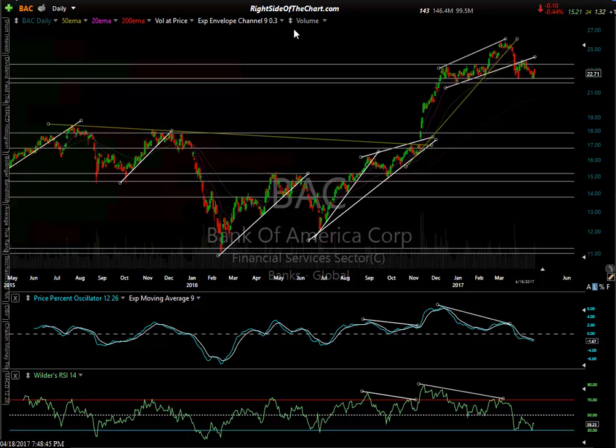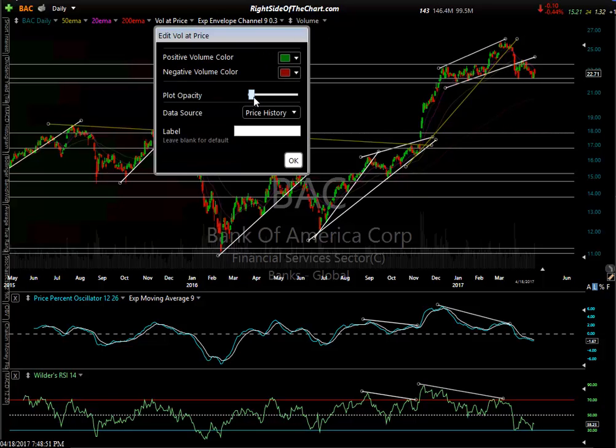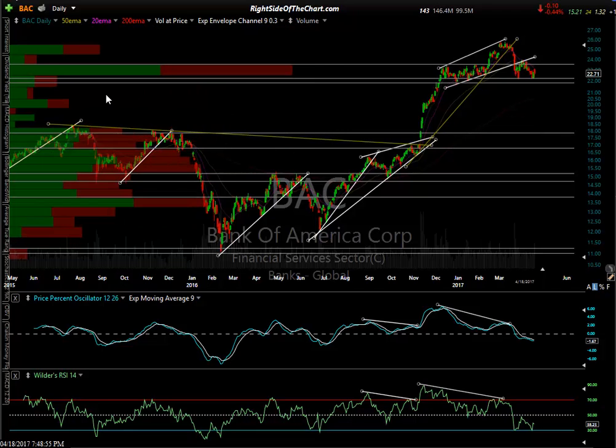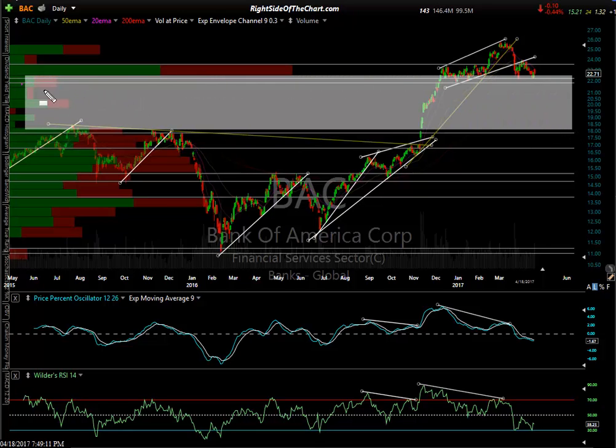What I mean by thin air, well, one way to look at that is the volume at price histogram. Let me turn this up for you. Okay, so what we're looking at here are the red bars. You see these long red bars, you see a lot of green and red bars, I should say, in the histogram. In between, it's very thin. A thin zone just means that there weren't a lot of trades in this period. Let me try to get a box here. So this is our thin zone right here, where there weren't a lot of trades because this was the Trump